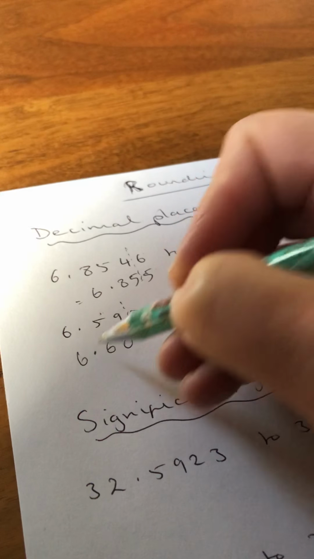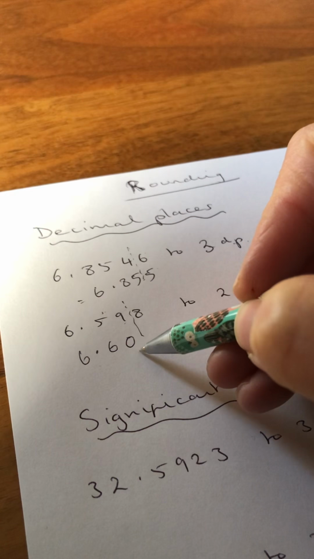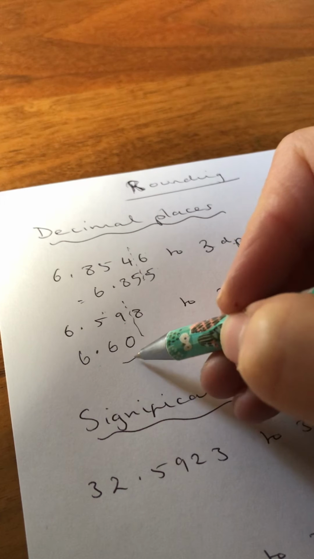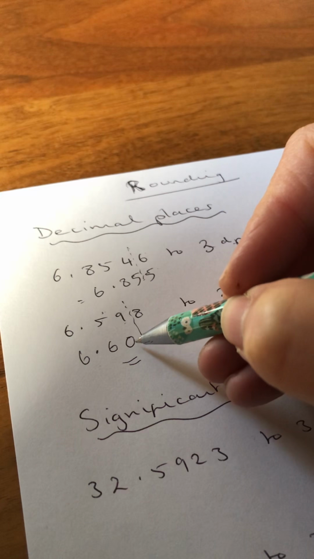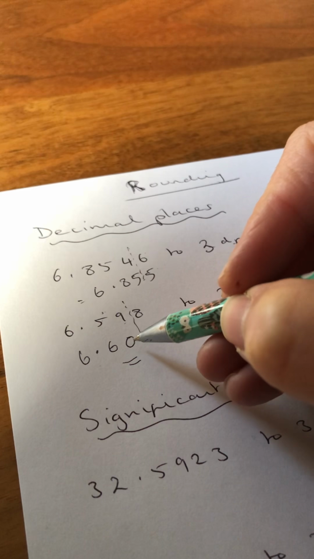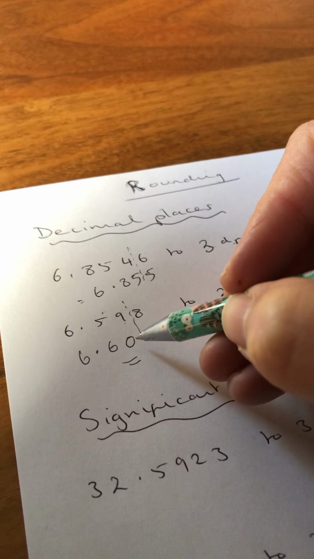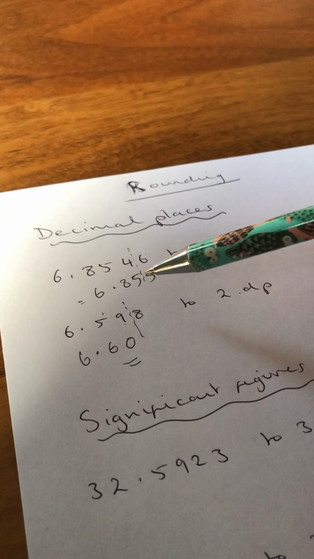So our answer would be 6.60. And I need to put that 0 there to show everybody that that's the number that it's closest to to 2 decimal places. So just to go over that one again,